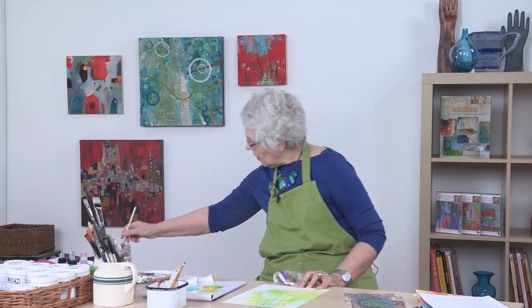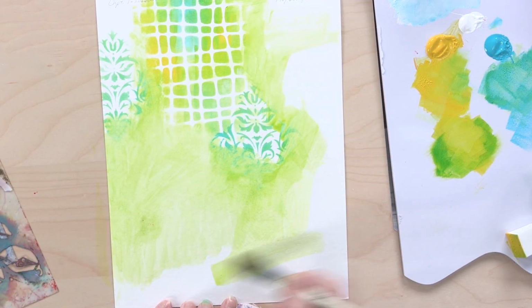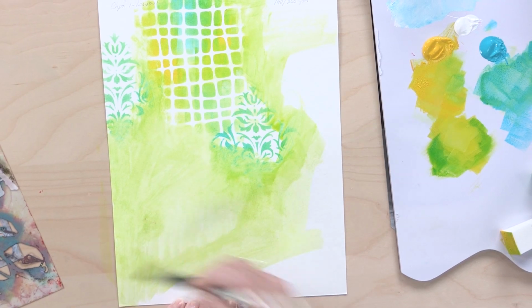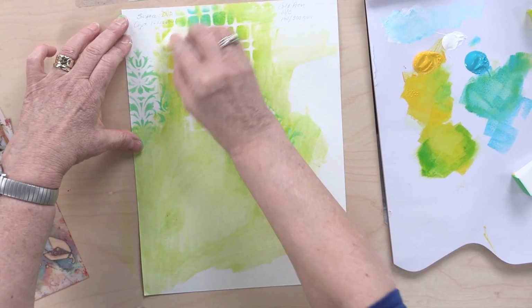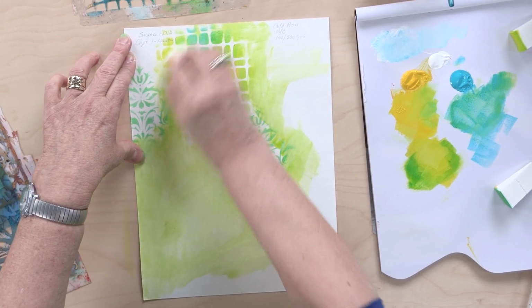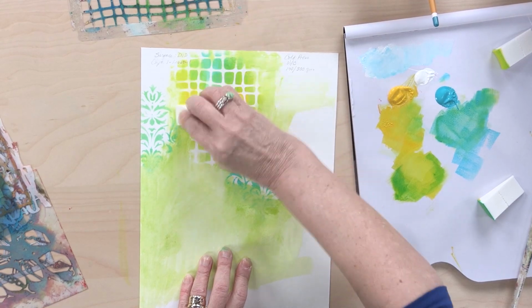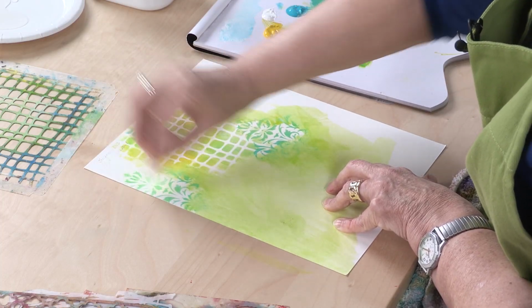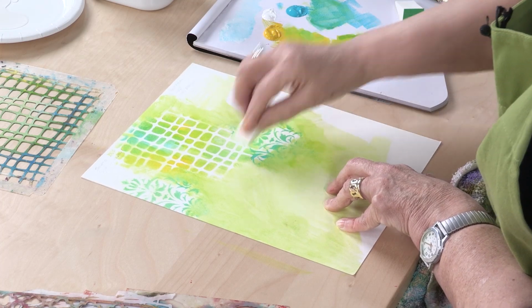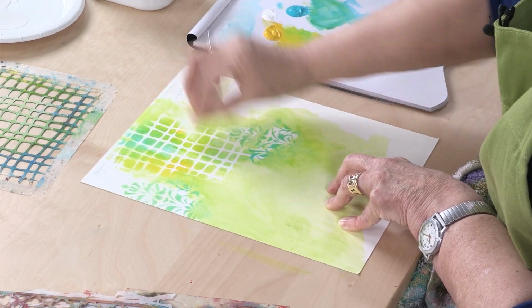So I can bring water into this. And we'll do a little experiment here and try to move some of this like we did before, and it just isn't quite the same as it was on the gesso surface. If you look, I'm trying to move it when it's just not moving the same way as it did on the gesso surface. A little bit on the freshest part,